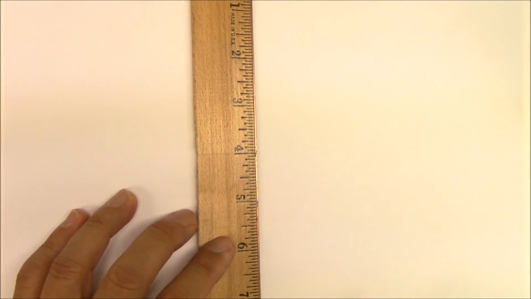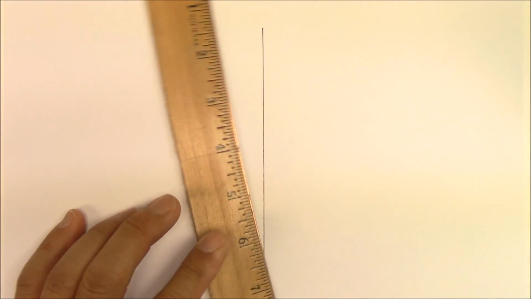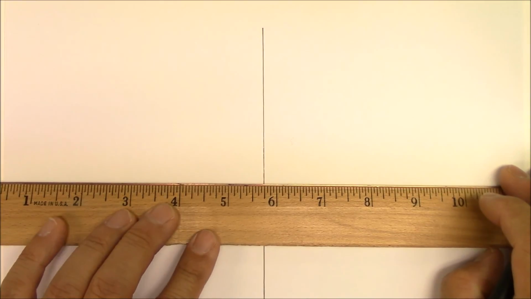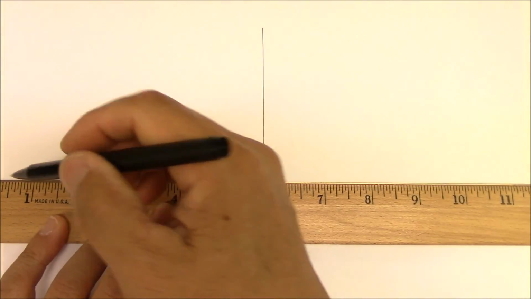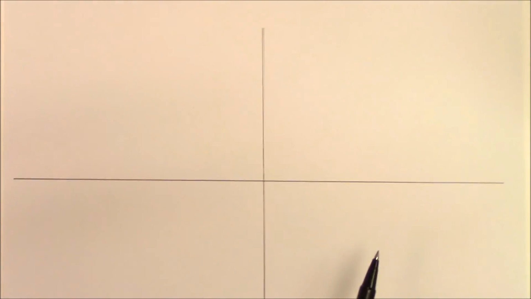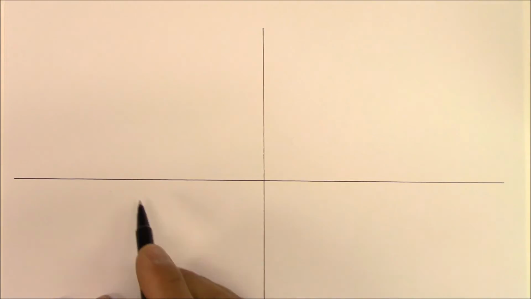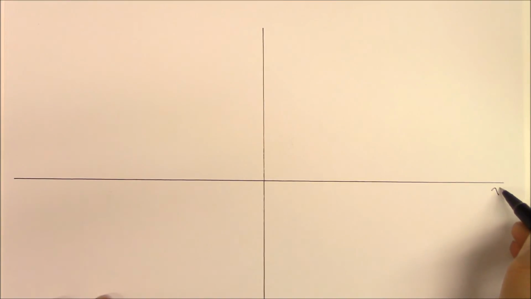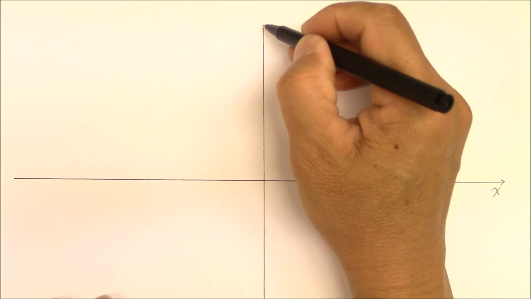Hi, this instructional video is about one of the three transformations. So let me first demonstrate. First, I'm going to draw the coordinate plane X and Y. I will use the entire page. And as you know, the horizontal axis is represented by the letter X, and the vertical is the